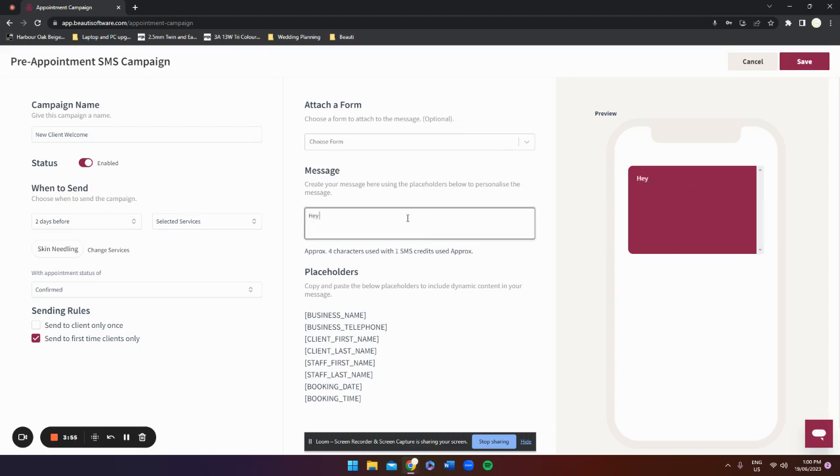So here we can say, hey, client first name. So you can literally just copy that, paste that in. That means it'll automatically generate their name. As you can see here you can literally type whatever you want in this section, which means you can make